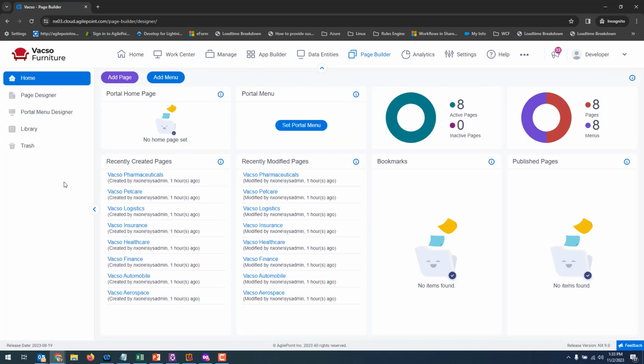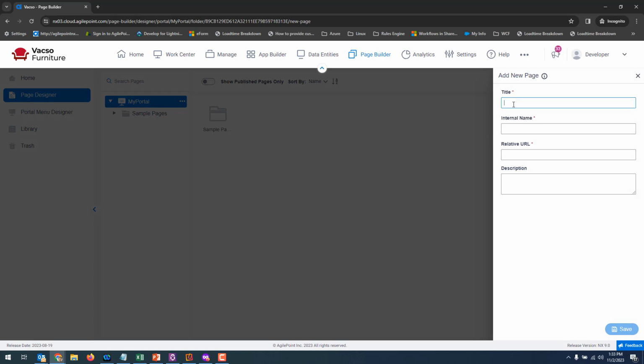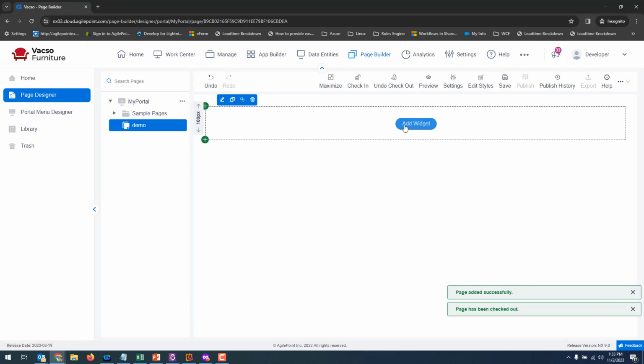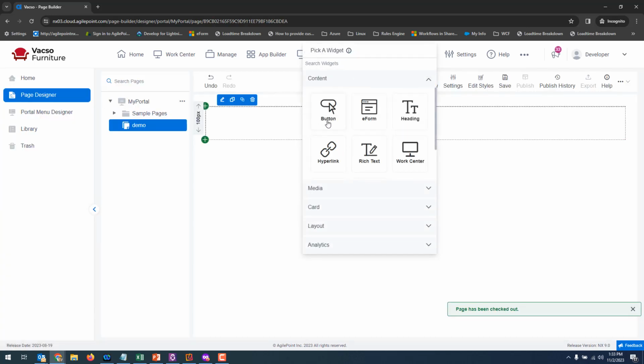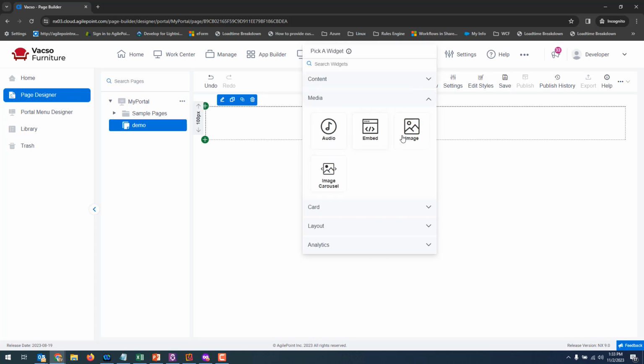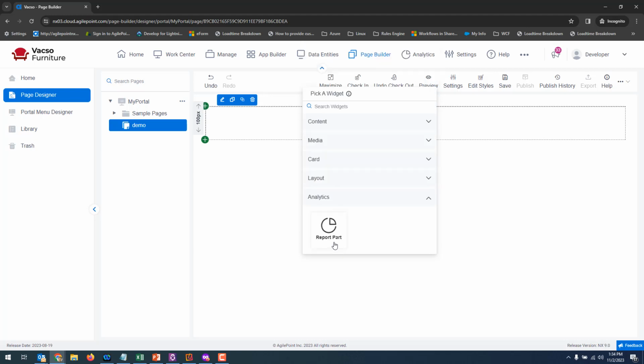Comes with some quick start templates. You can use one of them or say add a page. Let's call it demo. You can add a row. You can add as many columns as well. Bring up the widget window over here. You can see all the widgets available: button, e-form, headings, hyperlink, rich text, work center, raw HTML. If you go to media category, audio, image carousel. If you look at cards, animation card, video cards, image cards, profile cards, various layouts, and you can embed charts